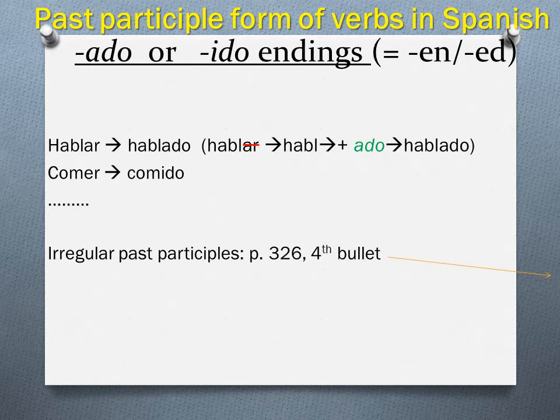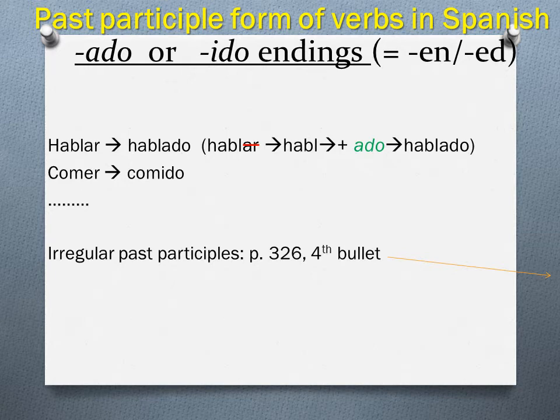So, for a present perfect tense sentence, we need, as I said, the auxiliary have followed by the past participle of the verb, the en in English, or the ed. In Spanish, the ending is going to be ado or ido. So normally, the past participle of verbs in Spanish are going to end in something like ado or ido. For example, hablar: ado for AR verbs, ido for the rest of the verbs. Hablar is an AR verb, so it's going to be hablado,